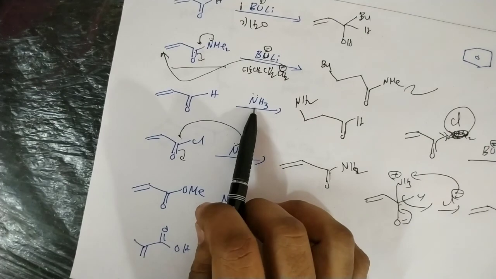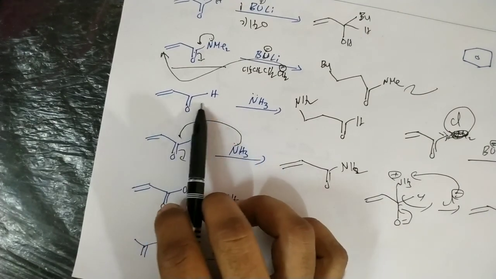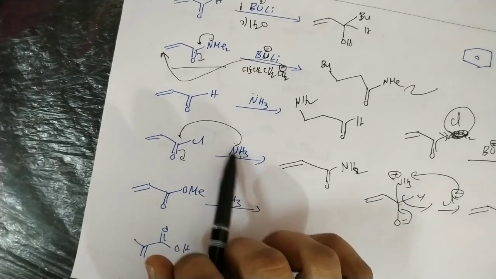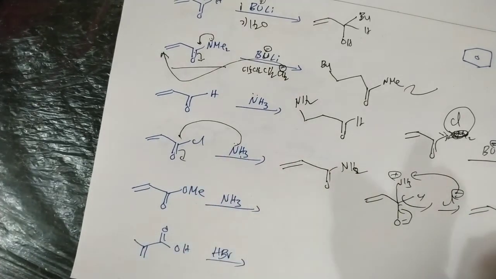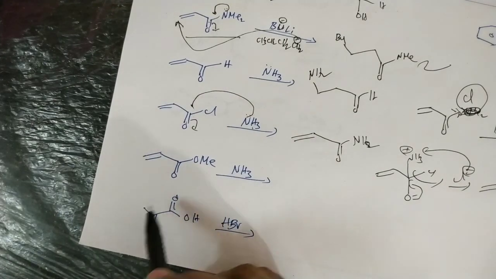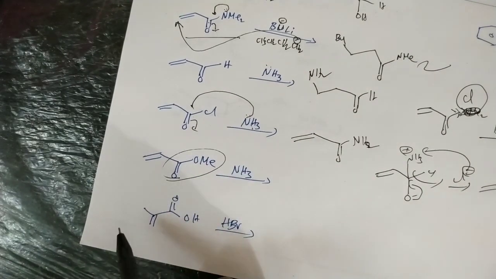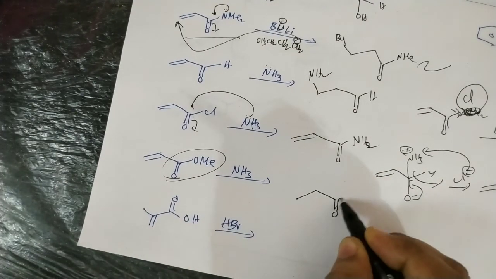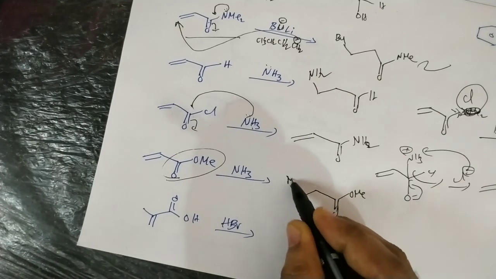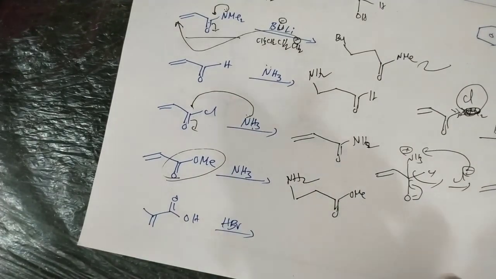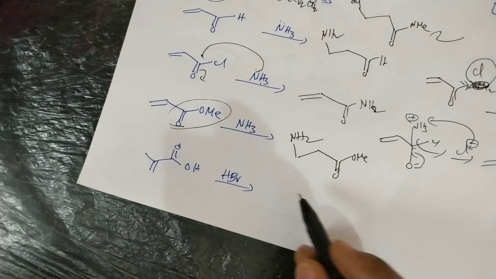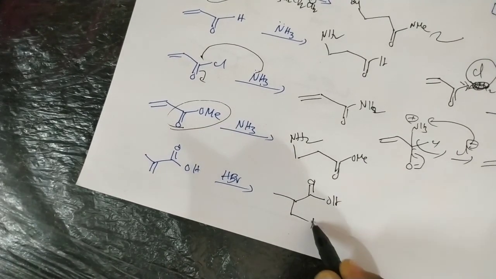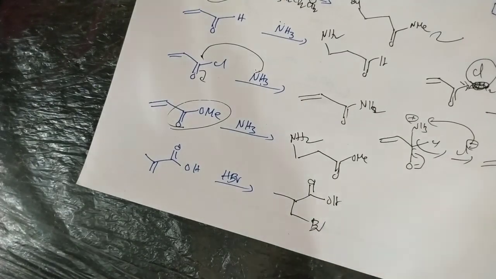Here in this case, with a less reactive nucleophile, conjugate addition takes place for the carbonyl compound. But with the more reactive acid halides, even though it is a weak nucleophile, direct substitution takes place. Okay, in this case for an ester, which is less reactive, even then, as with the aldehydes and ketones, conjugate addition takes place. Now NH2, and this one reacts with HBr. Here with HBr also, conjugate addition takes place, in this case giving Br. Okay, that's it.